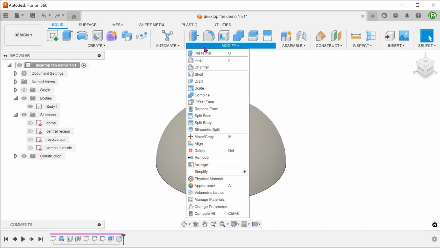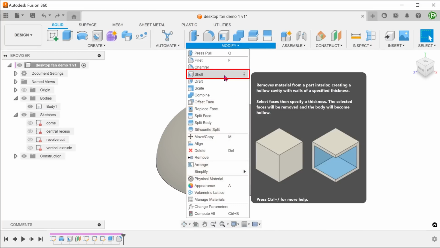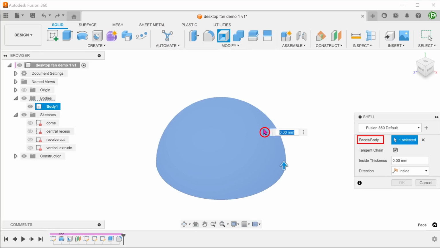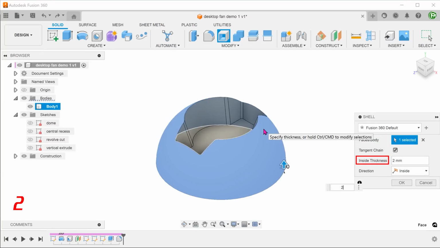Go to Modify, Shell. Select the top face of the dome. Adjust the thickness.